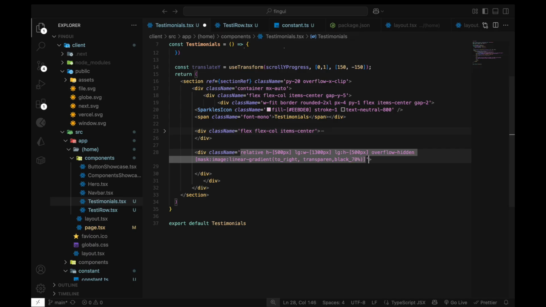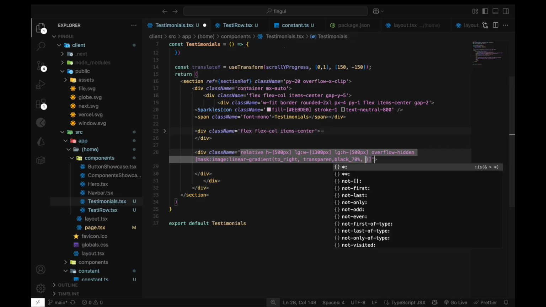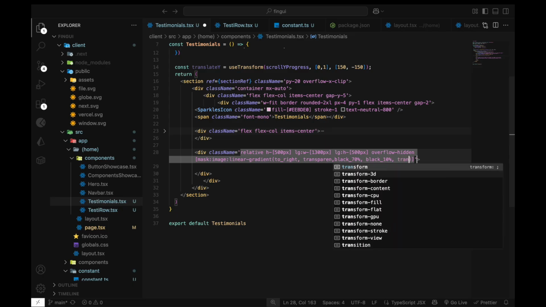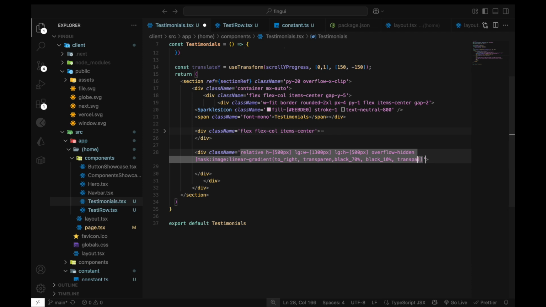I think 70% is a good amount. Then left black, I think 10%. I don't know. Let's see. And it's also transparent. At the next masking,